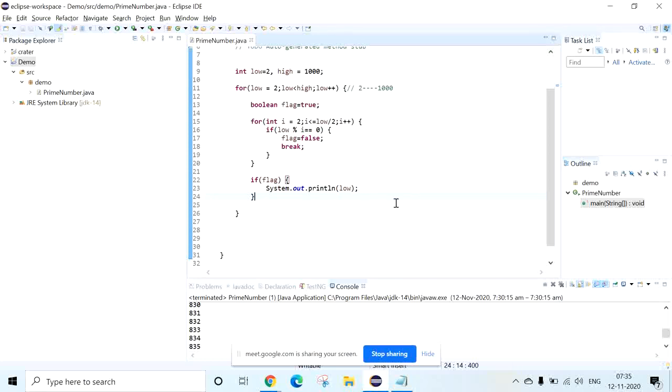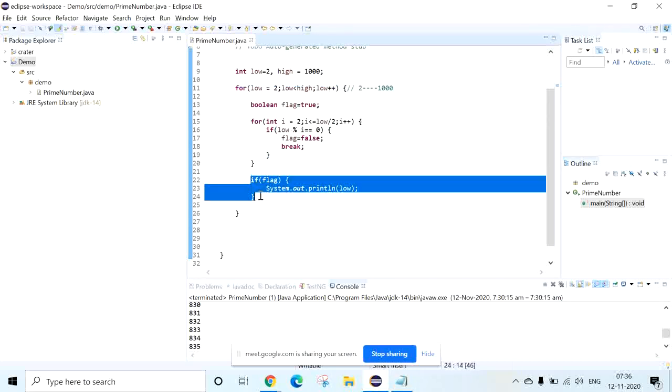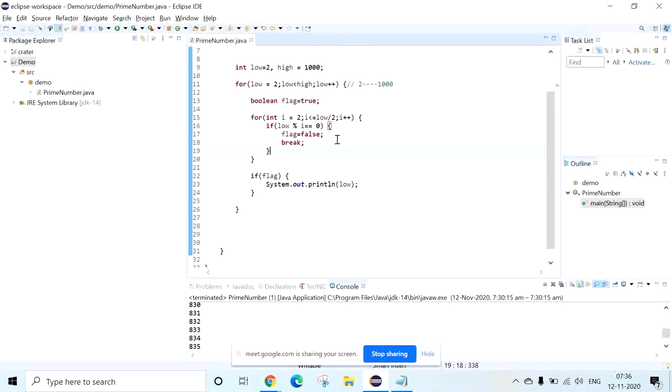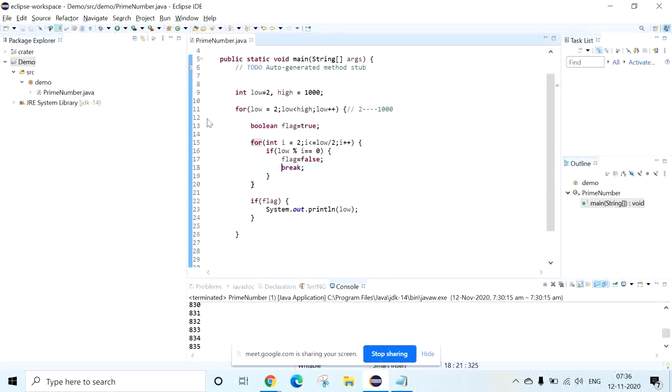We need to take each and every value, means we need to take 2, we need to take 3, we need to take 4, we need to take 5, up to 1000. So we need to take one input. For example, if you are taking 10, again we need to do the same process. Then 11, the same process. 13, same process. 15, same process. That is what we are doing here. So for the input you need to take one for loop, and for doing the operation you need to take a second for loop. For every input you need to say whether it is a prime number or not. Okay, so before doing this problem, we should understand the problem statement, otherwise we cannot do it. Okay, so you guys now completely have a clear picture, right?